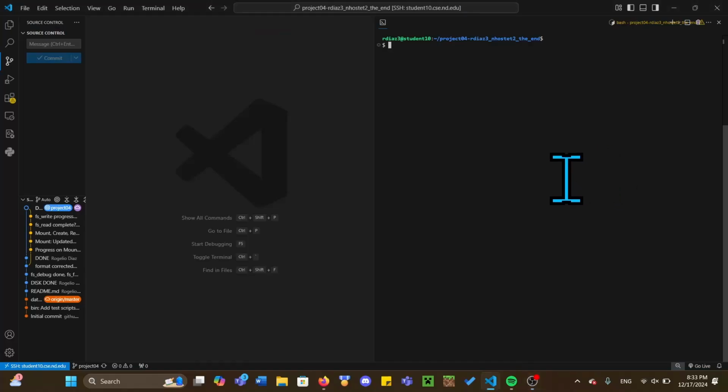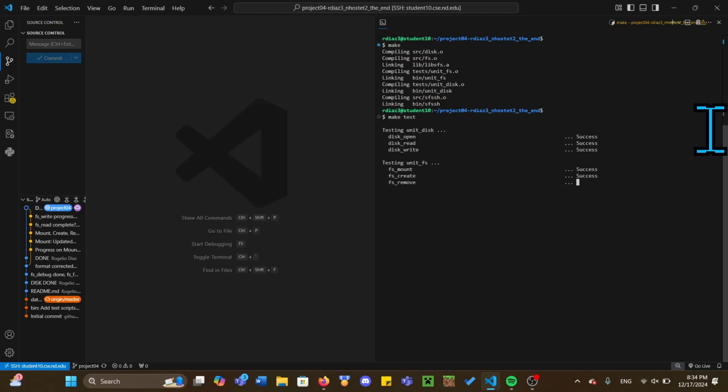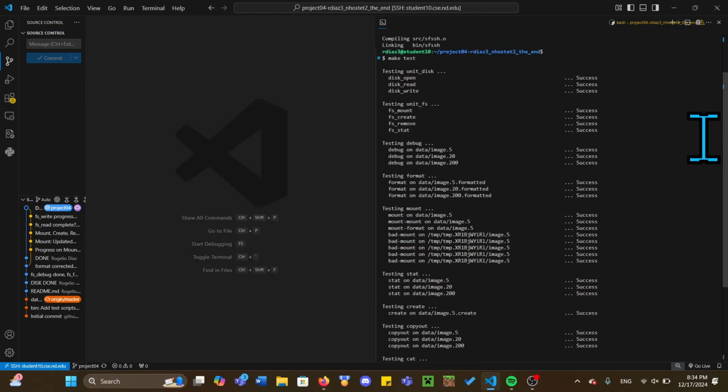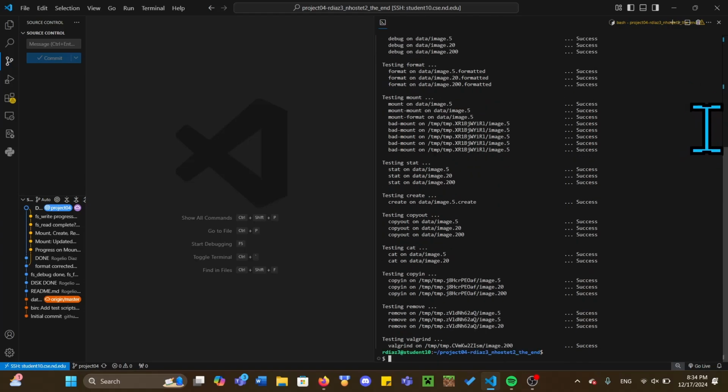Alright, so this is our Project 4. This is us testing our libraries to make sure that it works. First we're going to compile everything, and then run our tests. As you can see, all of our tests pass, and now we're going to be moving on to our diagram,